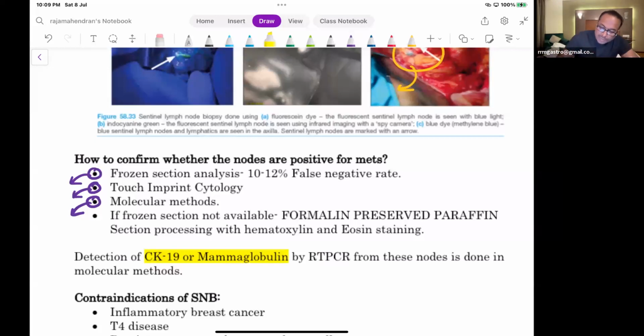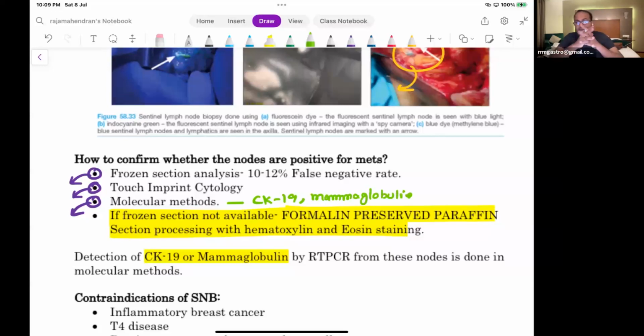There is no frozen section in my hospital; in our country frozen section is usually not available. Then what do we do? We put the tumor specimen in formalin and send it for regular biopsy. If frozen section is not available, we send it for regular biopsy. In the molecular methods, what will they test? They will test for CK19 or mammoglobin. So these are the methods of finding the sentinel node. These are new points in Bailey. Yes, there are chances sentinel node biopsy may be